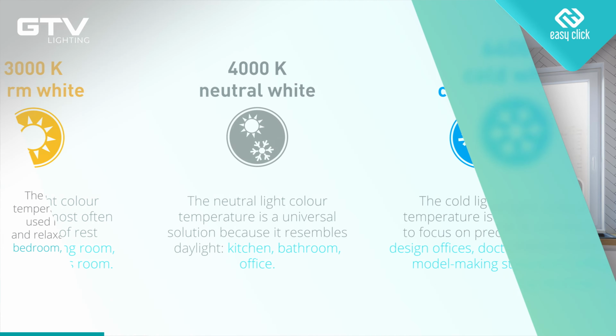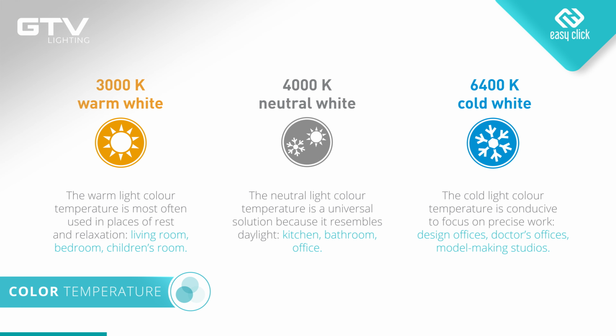The light, apart from the brightness, also has a color temperature that can affect our mood and the way we see colors. It is good when in a room with a specific function, for example a kitchen, all light sources have the same color temperature. Its choice is left to your individual preferences.